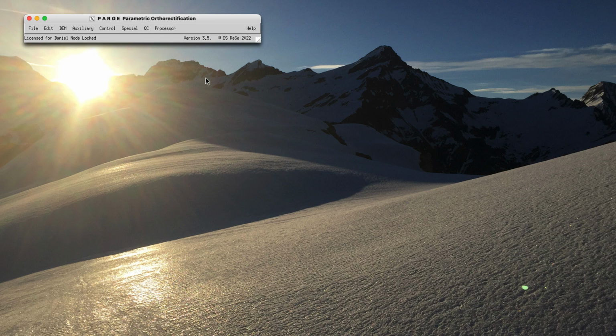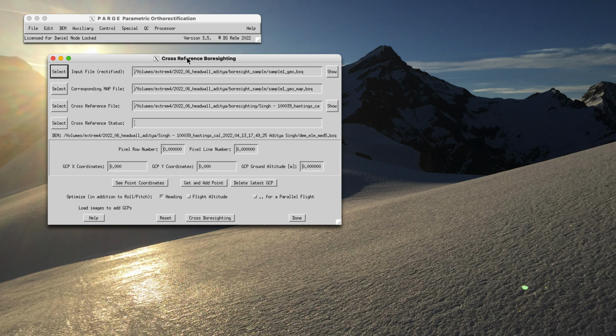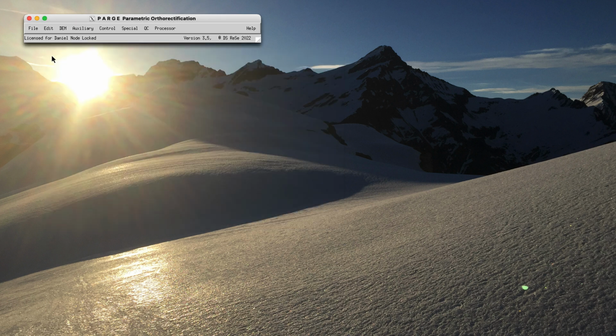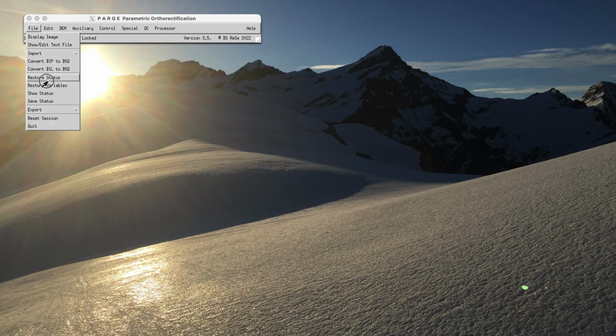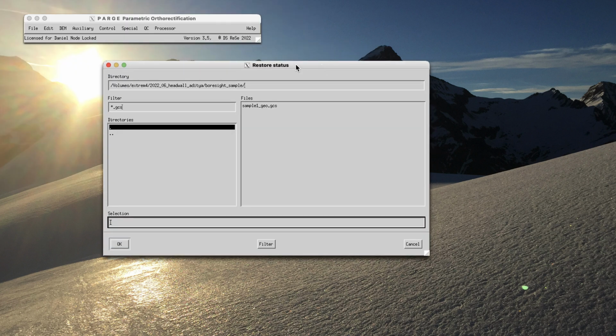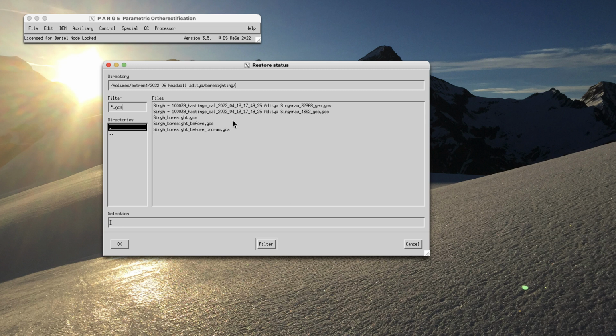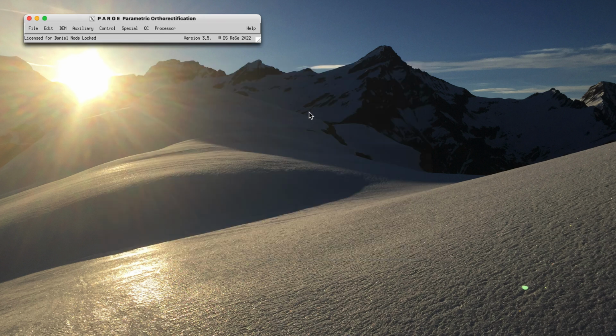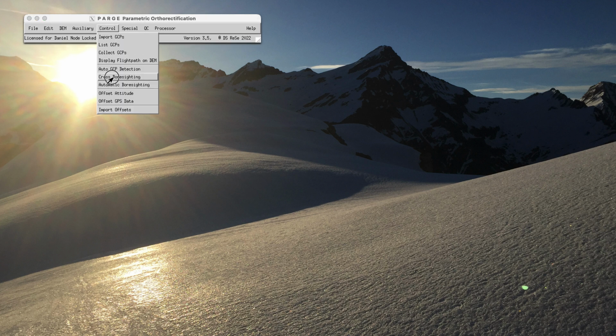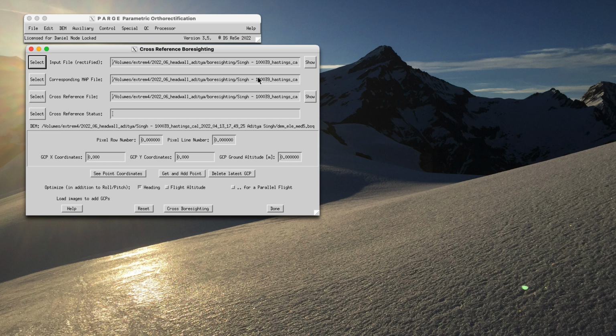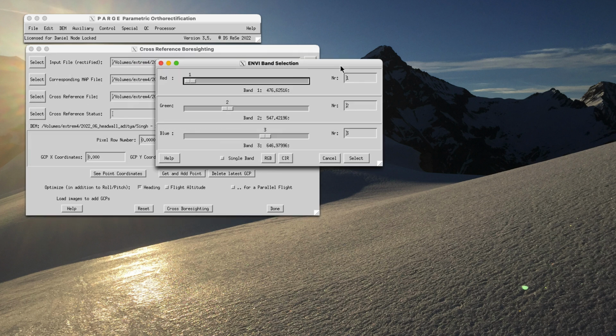I'm doing the cross boresighting now, and I have the input file. Maybe I'm going to restore a status I did before with all the boresighting done already. Boresighting, first one. This one was the status before the boresighting had been applied, and now I can go into the cross boresighting again. So this was the first image of this status,